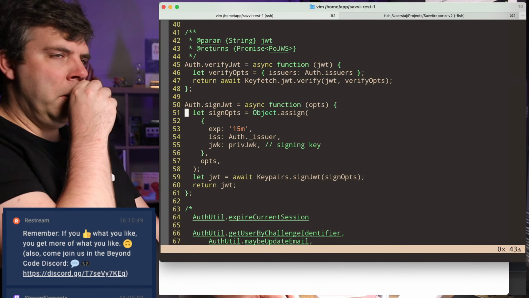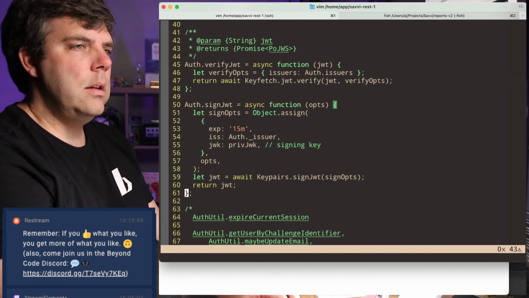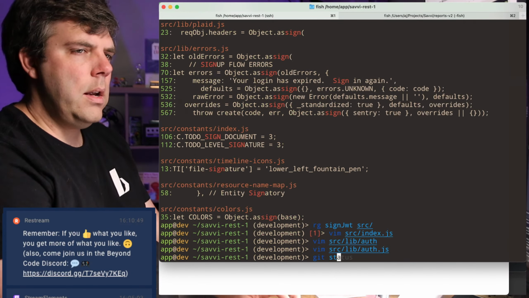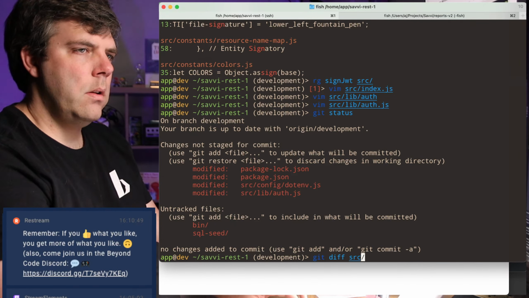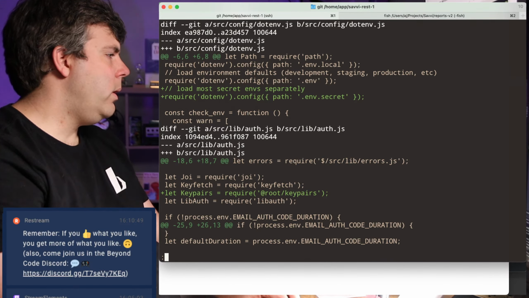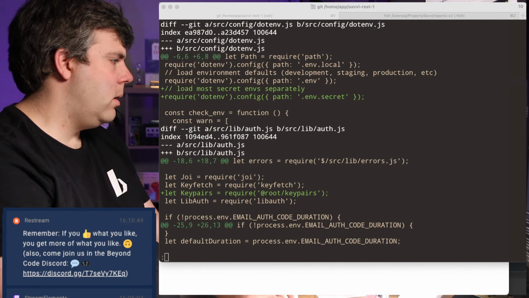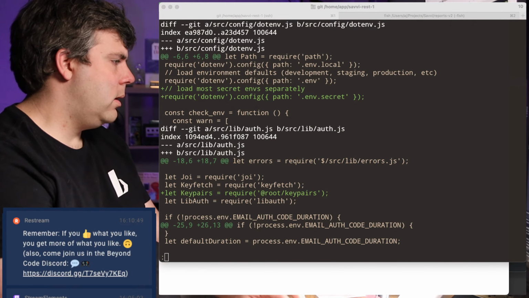Now I need to expose this where it's needed. So actually, let me just do this real quick. I'm going to go back. Okay, env secret. Do we already push this?